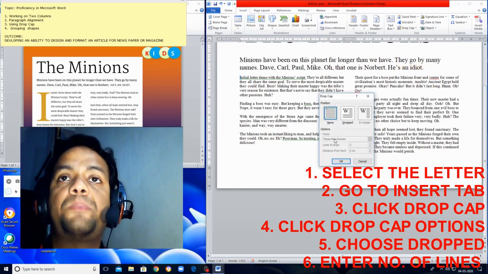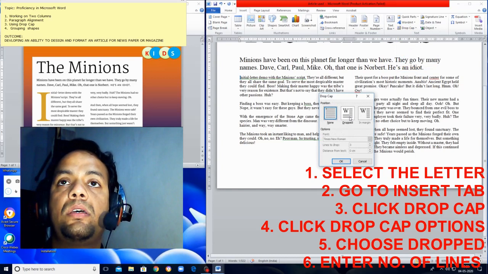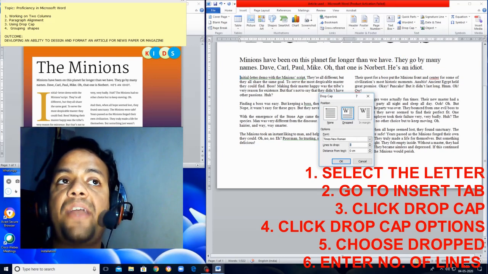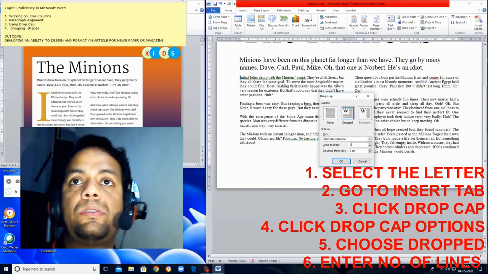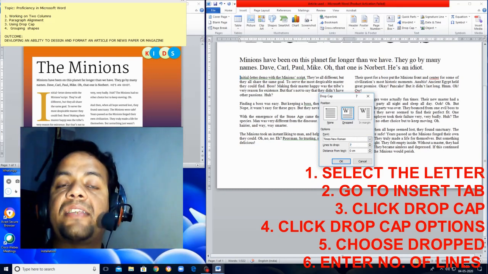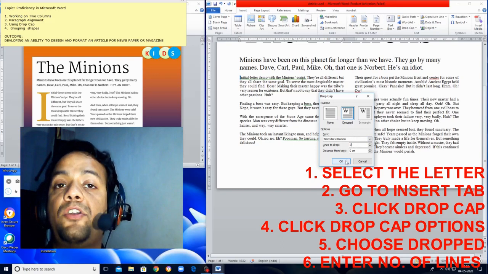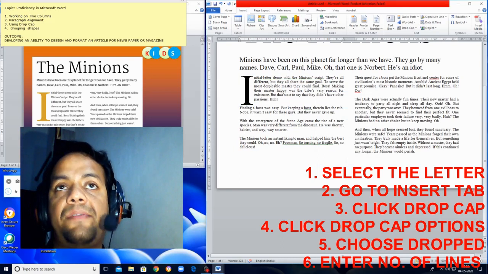Here we can specify how many lines we want. So first choose the dropped option, the middle one. Yes. Now choose the number of lines. So as we have counted, we have to specify total 7 lines. So this text will be dropped 7 lines. Let's click on OK and let's look at it. Yes, it's done. So you can see the I is extended for the 7 lines.